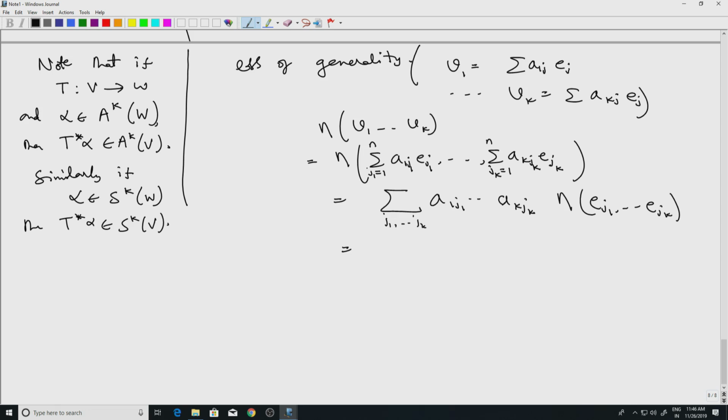Now in this sum, the indices ji can very well equal one another. But notice that because eta is alternating, the moment one ji equals another, this term will be 0. So the only way the terms in the sum will survive is if all of j1, j2, up to jk are distinct. If k equals n, the same remarks apply. So in other words, the only surviving terms in the sum, and by surviving I mean non-zero,